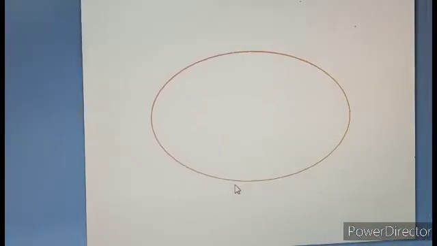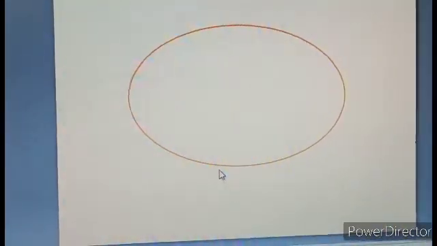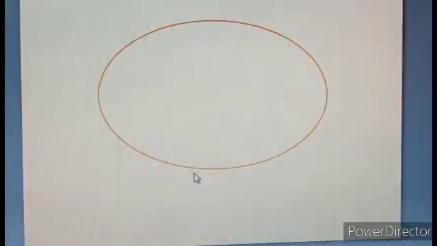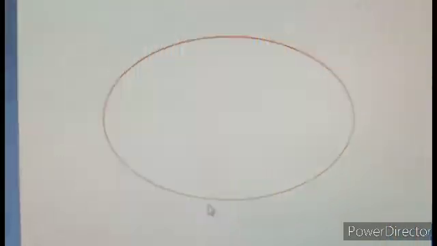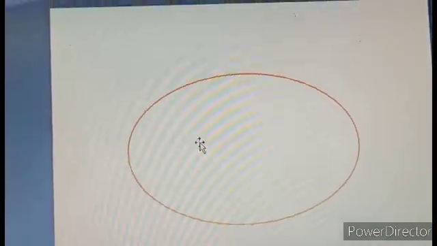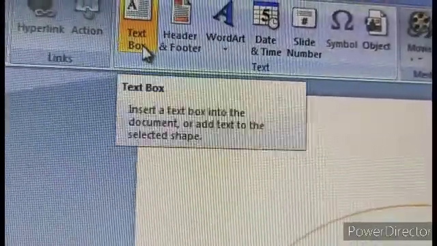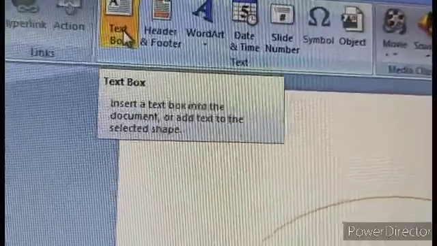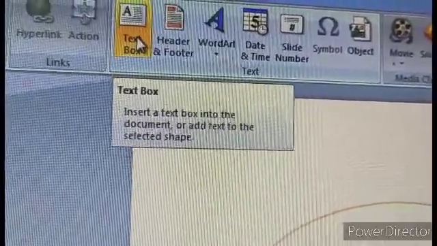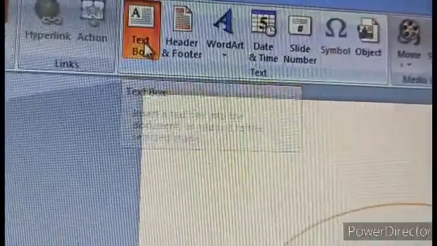As you can see, I have already set a shape, the outline of a shape like an oval, on the slide. Now I want to add some text inside this shape. But normally it is not possible. This is only the outline. The cursor is not there. Then only the text box is useful to add text inside the shape. Suppose I want to add the word presentation. What to do? I am clicking the text box icon.